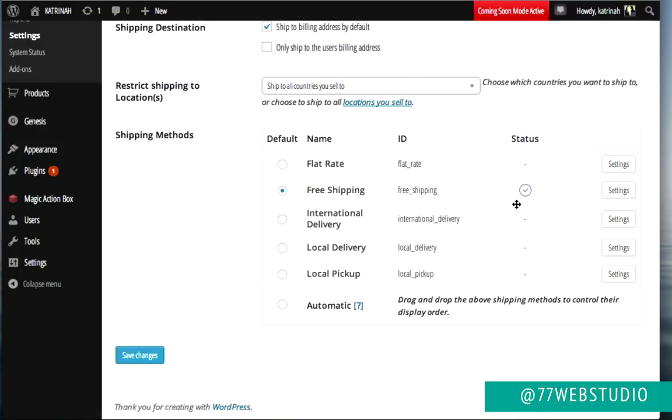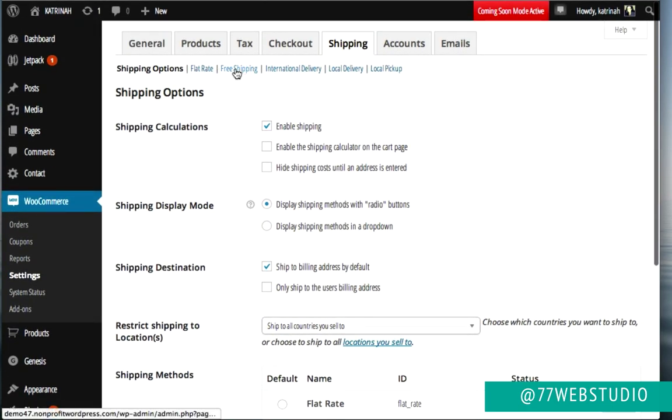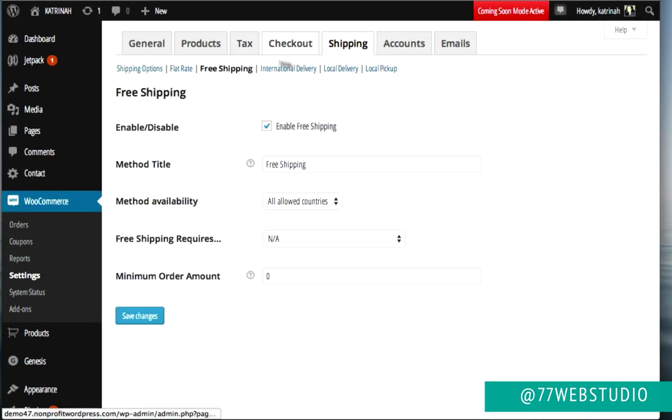Back on our WordPress website, you can check out the settings for free shipping by clicking on this link that says Settings, or at the top, you can click on this link that says Free Shipping. Once I click on free shipping, then we arrive on the free shipping settings page, and I'm going to leave all the default options as they are. I'm not going to change anything. You just want to make sure once again that free shipping is enabled. Then we don't really need to save anything because everything has been saved,